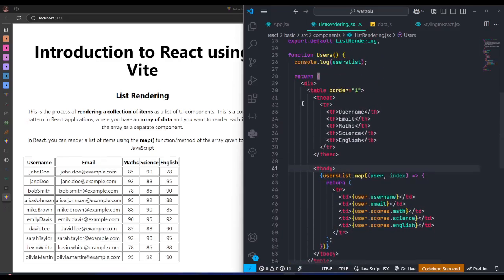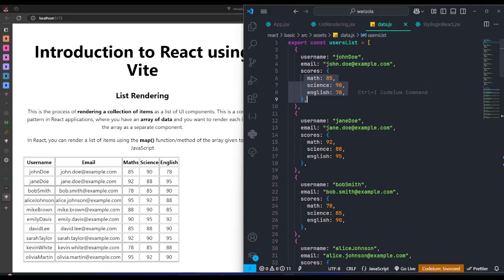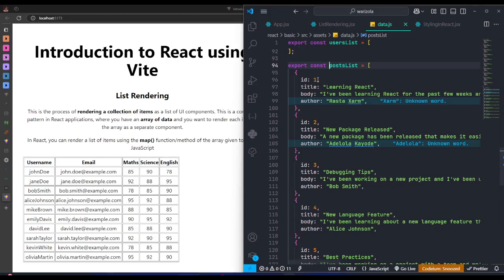So the same thing that we are doing here, you can actually do it again for the list of the posts. So we have this other data down here too, where we have the list of posts, we have the ID, we have the title, we have the body, and we have the author for the post. Here too, we can actually map this data now to a UI that we can showcase on the screen to the user there. So this same data here now, we can map it to a set of data that we can showcase to the user